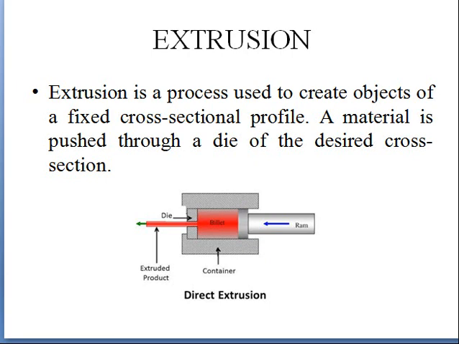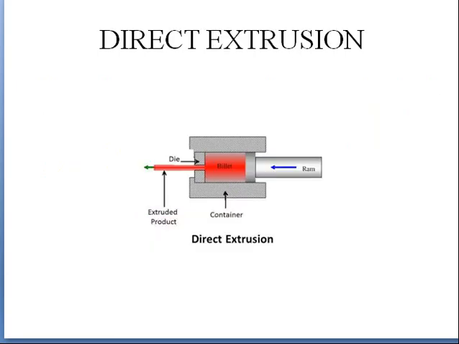In case of cold working processes, meaning cold extrusion, the extrusion process is a little difficult because it is at cold stage, but the strength of material will increase and it doesn't react with the oxides present in the air. So this is direct extrusion.